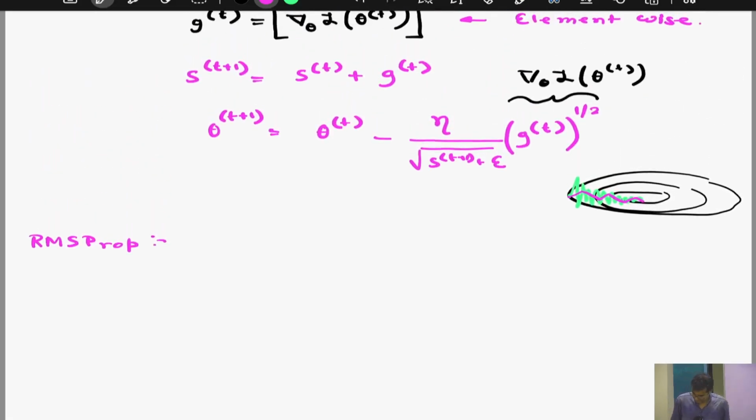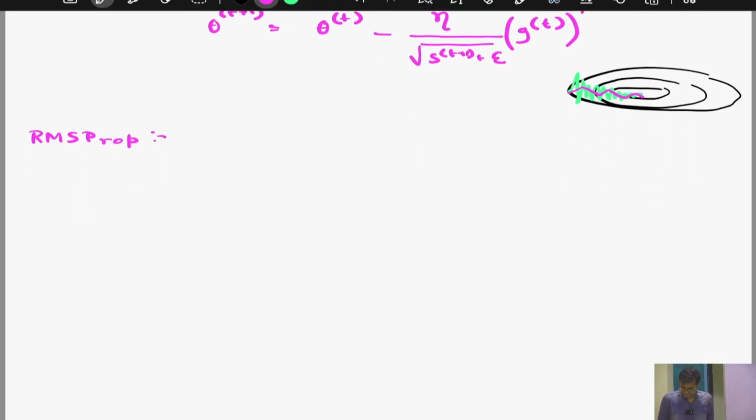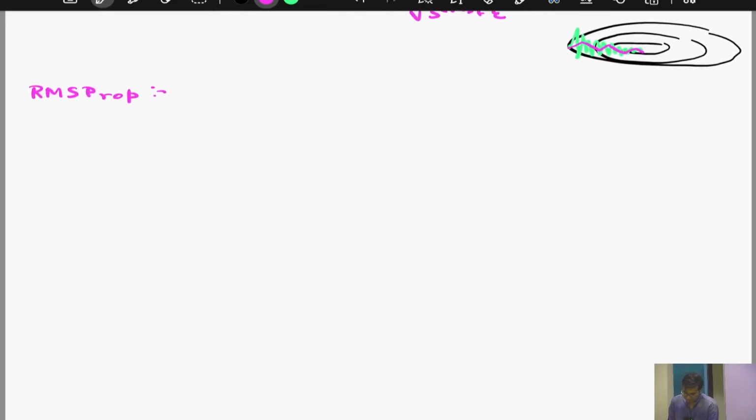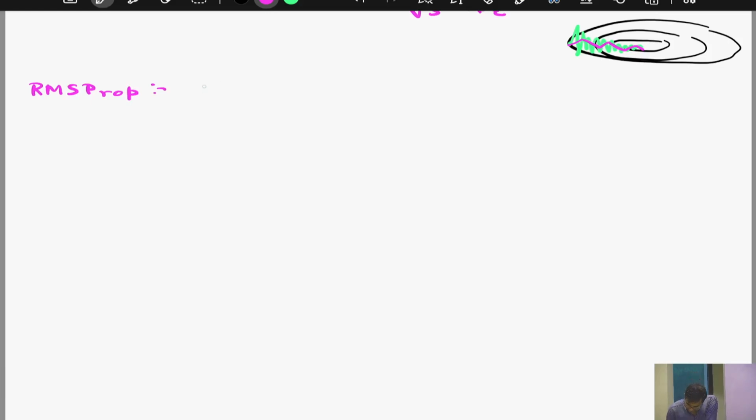S is also a hyperparameter here, but that's not the initialization of that thing. Generally, we initialize it to 0, not Xavier type. Xavier is not here, right? Xavier is only for parameters. Okay, I mean, initially you can set it to be 0. That's fine. So next comes RMSprop, and the motivation is that AdaGrad